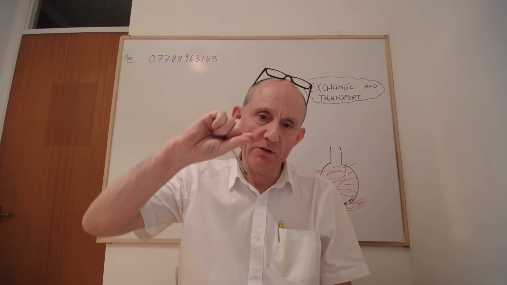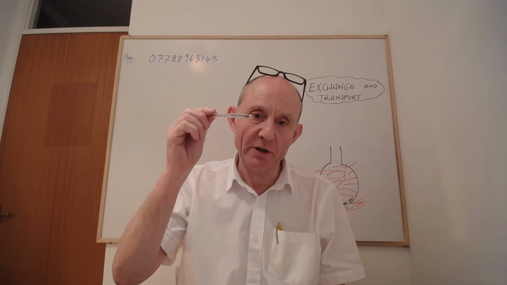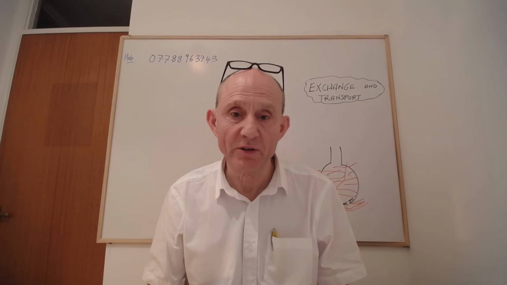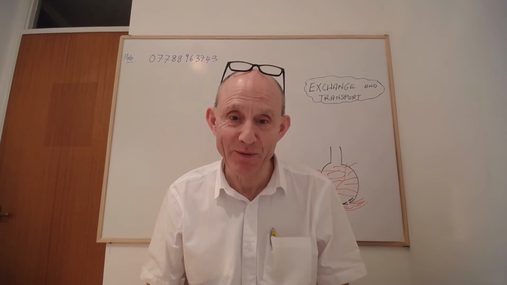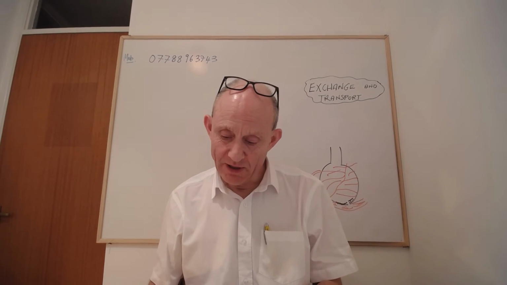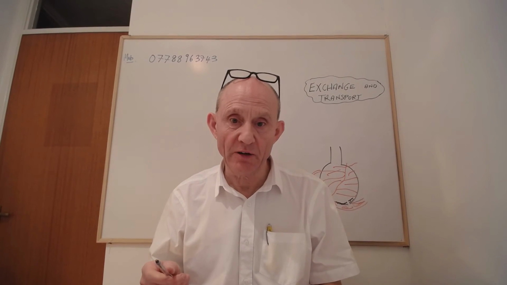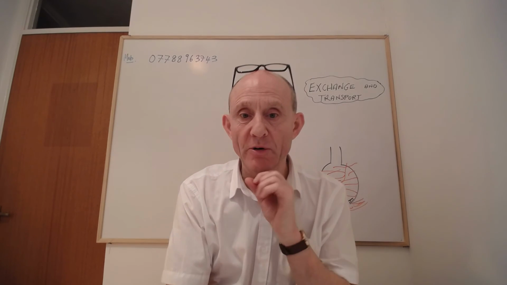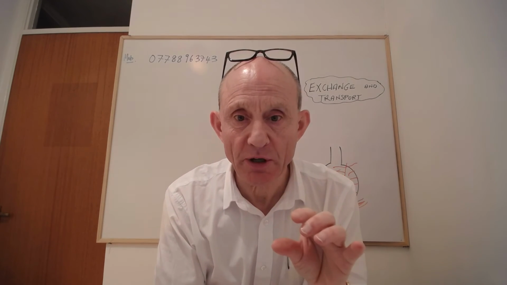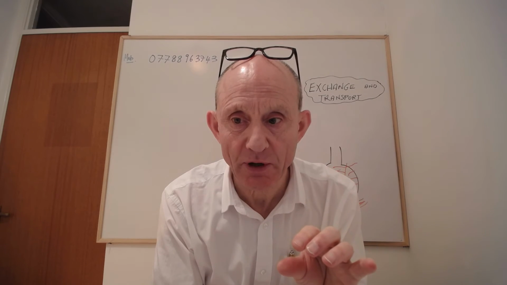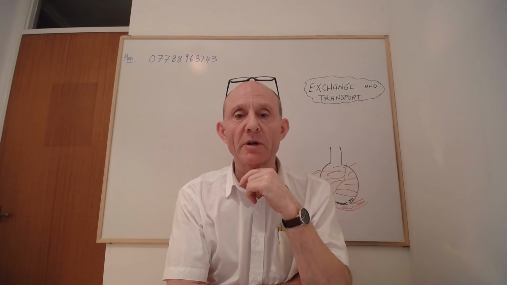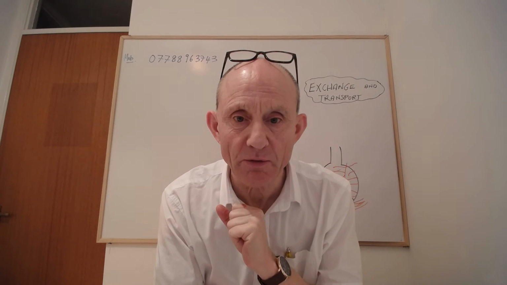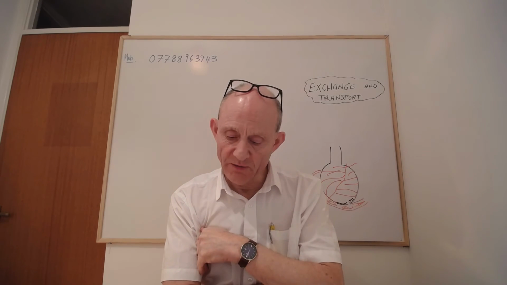That means oxygen only has a very short distance to travel to get to all the cells in the leaf, because all the cells in the leaf are near the bottom. That makes sense, a very thin leaf. But you have to specify that in your answer. You can't just say the leaves are thin. The full answer would be to say leaves are thin, therefore there's a short distance from the stomata to all the cells. That means a short diffusion distance, therefore that maximizes the rate of diffusion. Fick's law, referring to Fick's law here